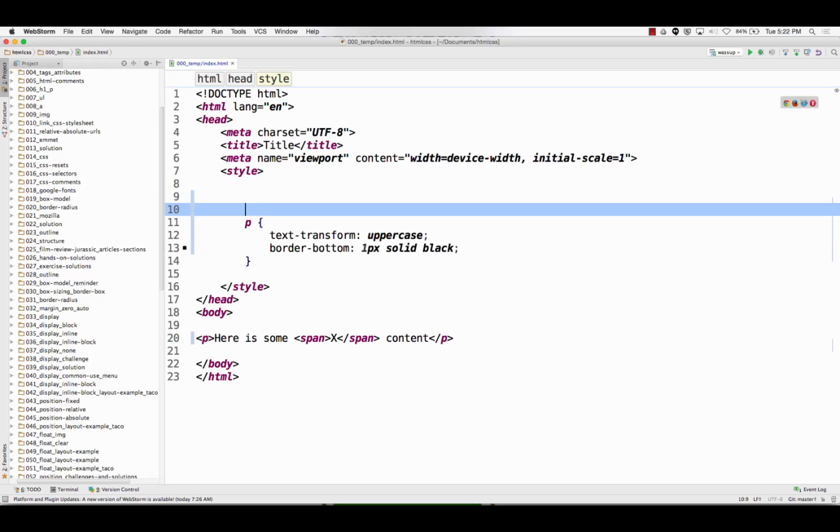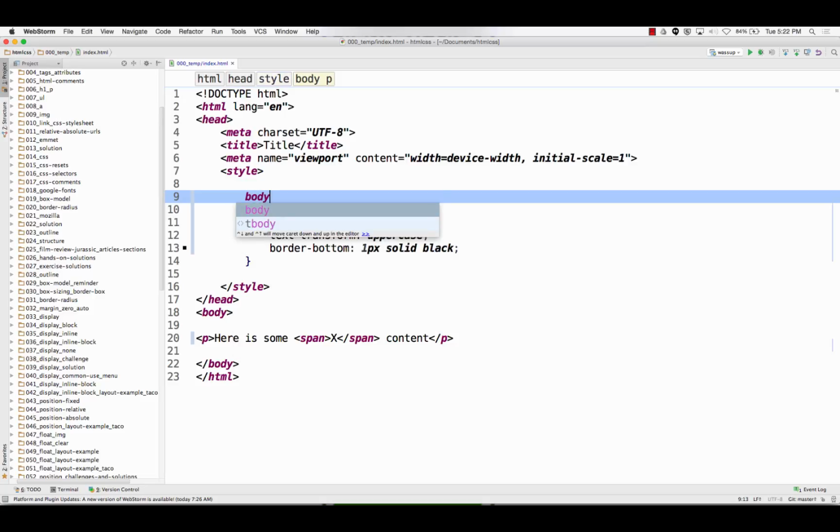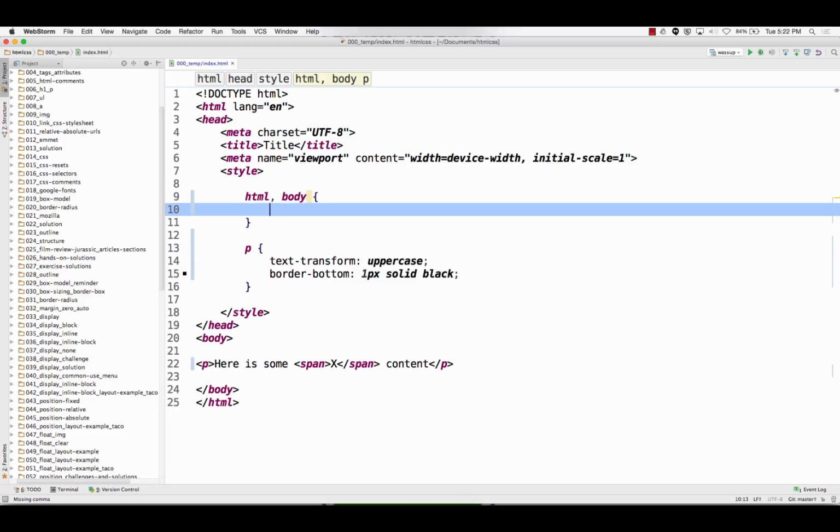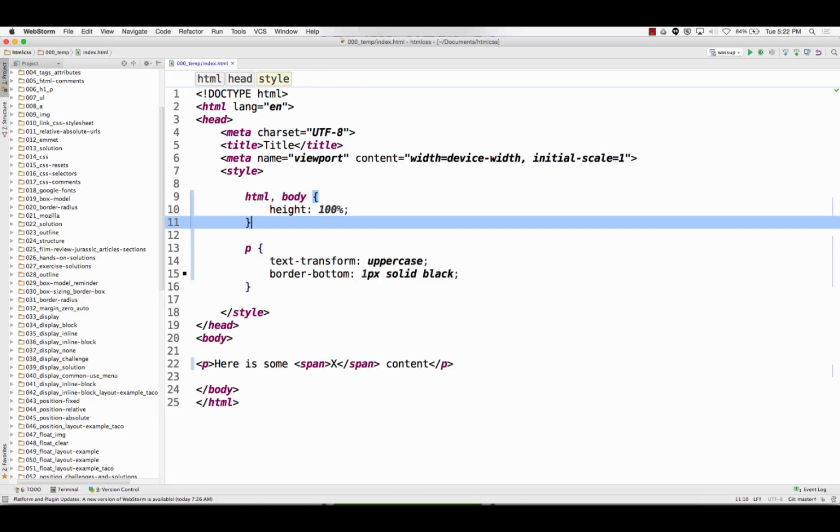Here's some content, but let's center that. So HTML, body, and then